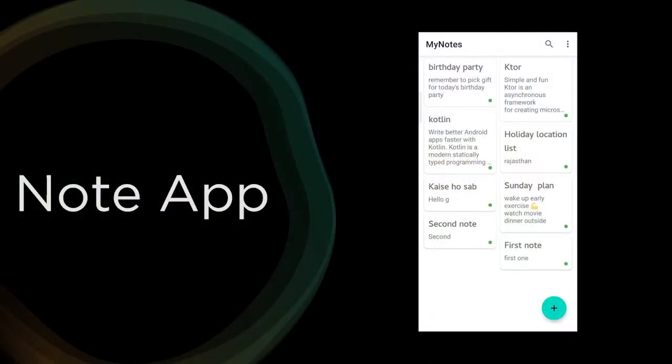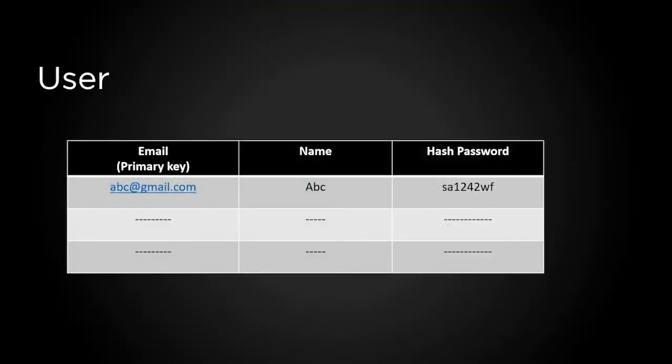So welcome back everyone. Now first of all, let's see what our user table is going to look like. Here you can see this will be our user table, in which there will be three columns. First one is email, then name, and then hash password. Our email column will be our primary key. Now, if you don't know what a primary key is, it is a key in a relational database that is unique